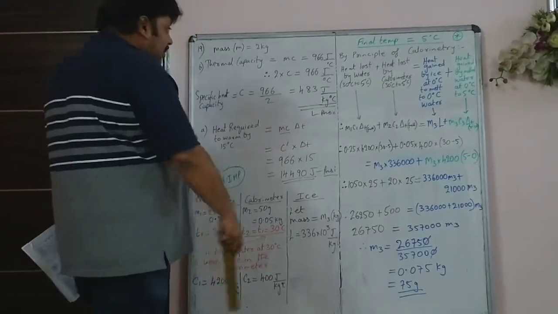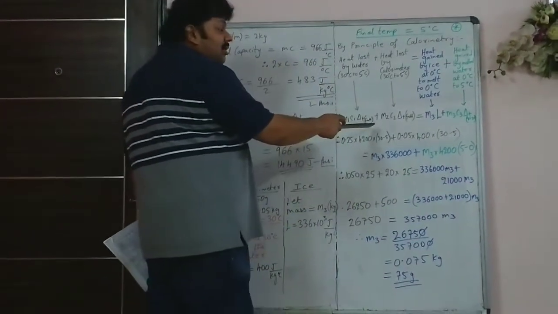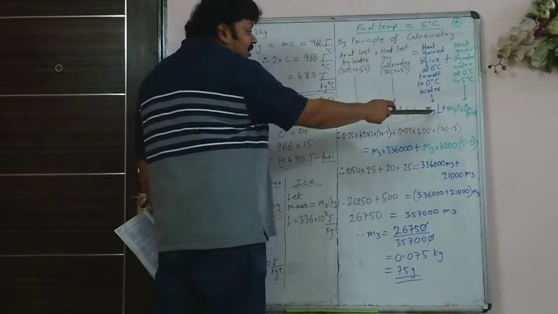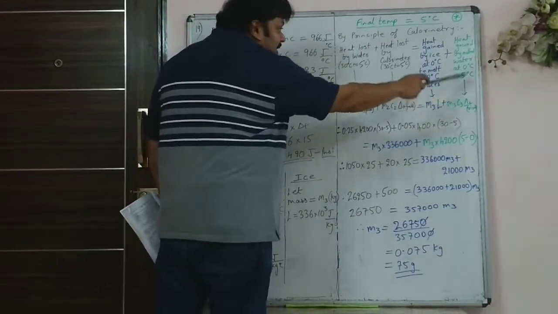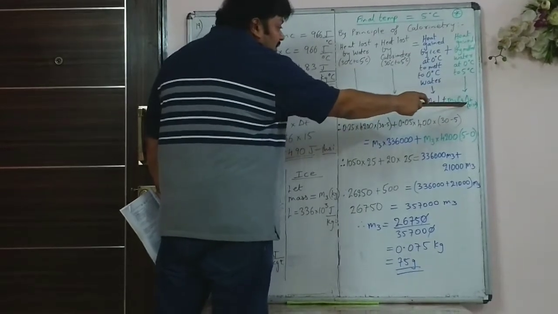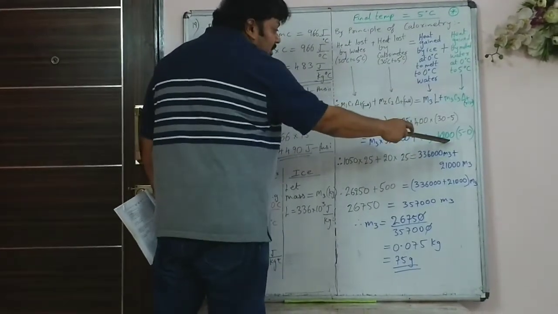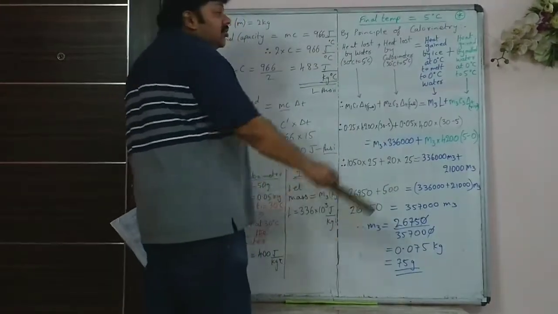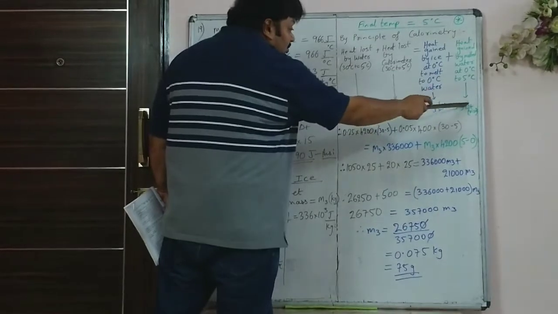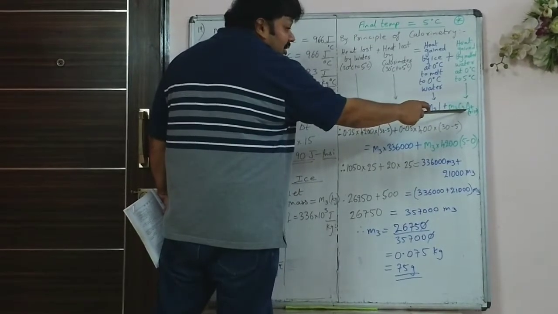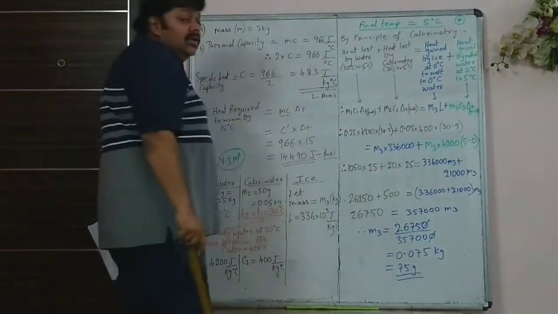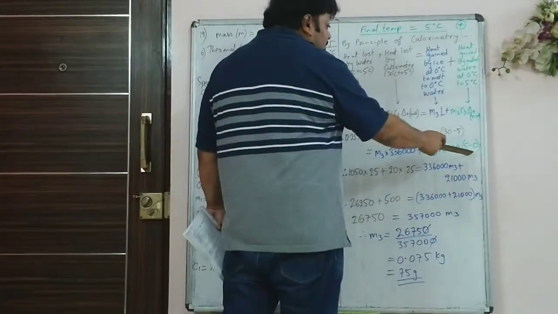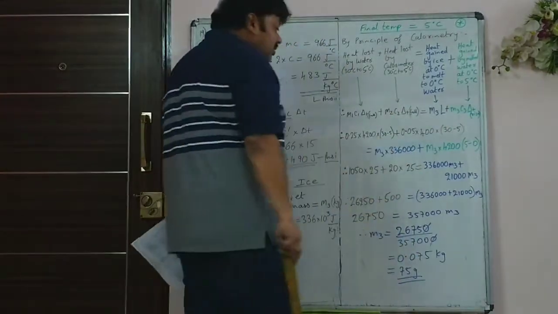So we substitute the values. This is M1 C1 delta theta fall. This is M2 C2 delta theta fall. This is M into L. And that is M3 into C3. C3 now it is water. See, once it is melted and become water, it has to be taken as water. So this C3 is not 2100, it is 4200, specific heat capacity of water. And the temperature has risen by 5 degrees Celsius.